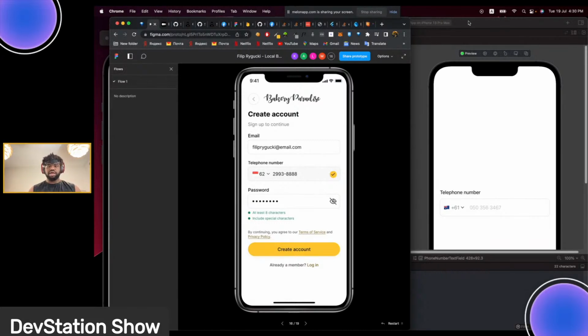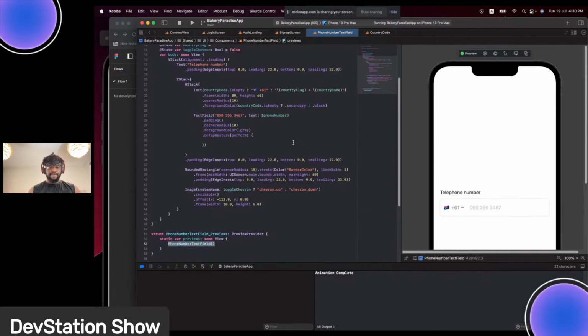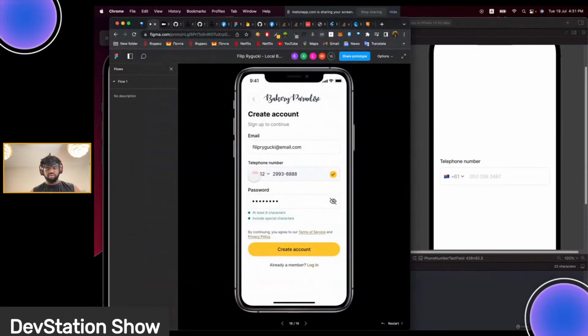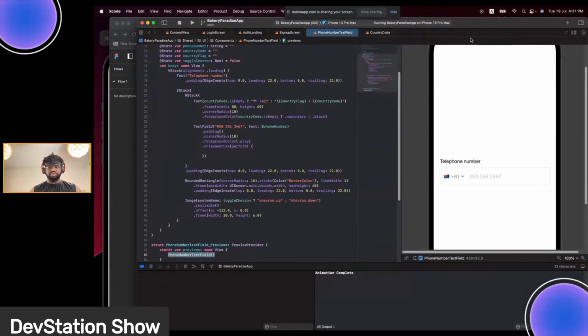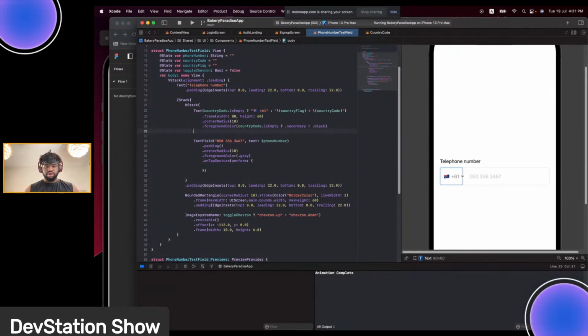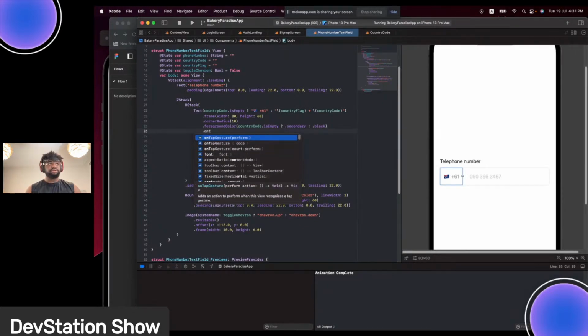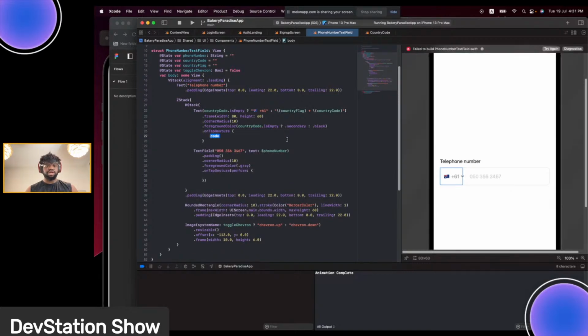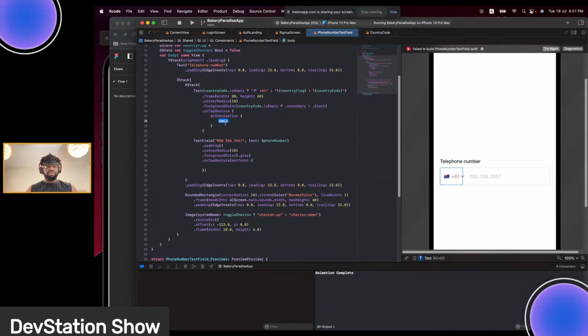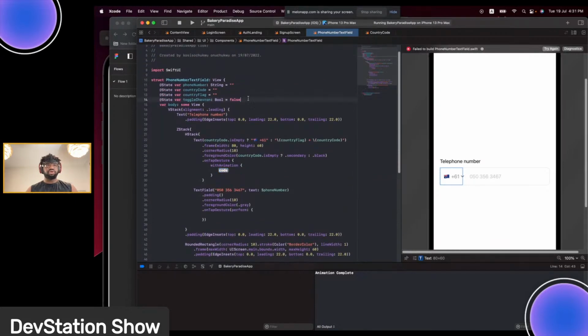So let's go ahead and do that. So right here we are, and so phone number text field, which we created right here, similar to what we have here. And so whenever you tap on this text field, no, this one, we're going to have an onTapGesture there, and inside the onTapGesture, we are going to use withAnimation, and we're going to set a variable that we're going to create here, which we are going to call the y